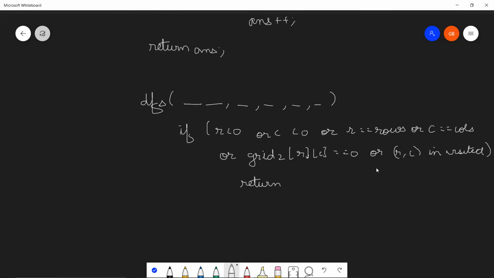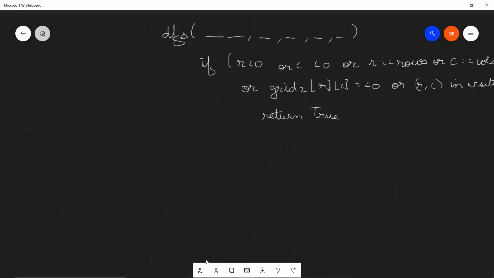See, sub-islands are the collection of some less ones as compared to grid 1. So while we are traversing on a sub-island, we might reach zero, but that does not mean it has no corresponding position equal to one in our grid 1. So here, let's just return true. Now false would be returned in the condition that I'm now going to show. Just in two more steps, everything will be super clear.